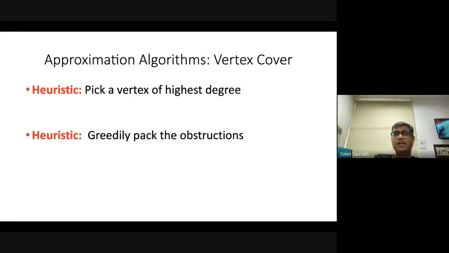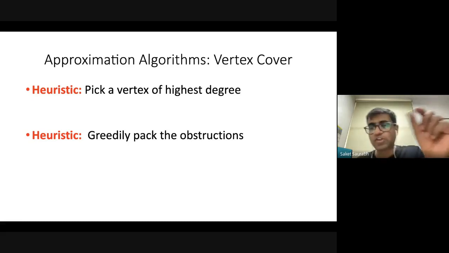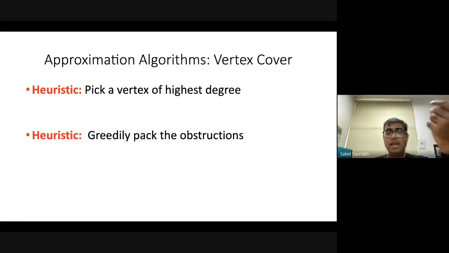If you notice, for a vertex cover you have to pack the obstructions. Your obstructions are the covering objects, meaning these edges, right? Think about the following algorithm. You greedily pick an obstruction. You know that any hitting or covering object must hit this object, so you pick both of these elements greedily and put them into your solution. So you can greedily pack the obstruction.